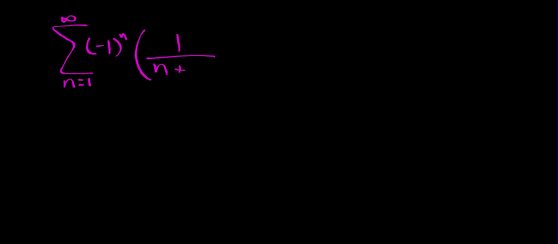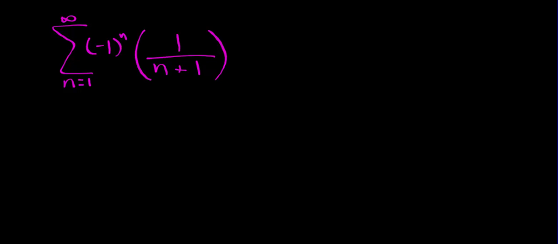Now let's look at some examples of how we would use the alternating series test. And we'll start off with an alternating series here. Let's say this is n plus 1, like this. Okay, now, whenever we want to determine if a series converges, a lot of times, the best thing to do